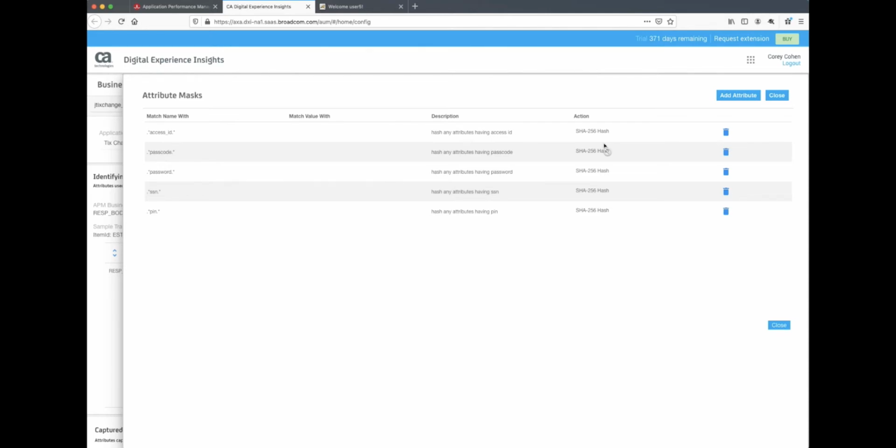by our system. You have the option to take any field and define a pattern for the name of a field or the value. Now in many cases you want to define this by value because there's a pattern to the type of data, so that if one of your developers has used a non-standard name, they are still protected